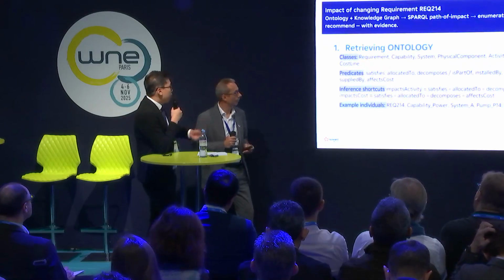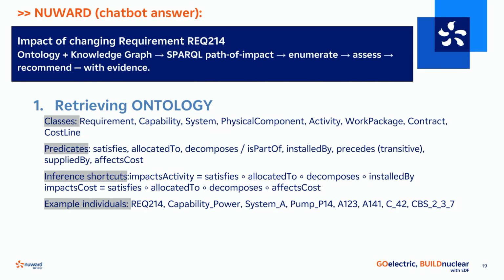For example, if I change the number of this requirement, what will be the impact on the design, construction, contract, cost, and so on. The first thing that the AI will do is that the AI is informed by your ontology. The ontology ring-fences the AI, telling it that these are the data structures and these are the predefined relationships between these data sets. And you can use this ontology to inform how you build the query to retrieve the data from the graph database.